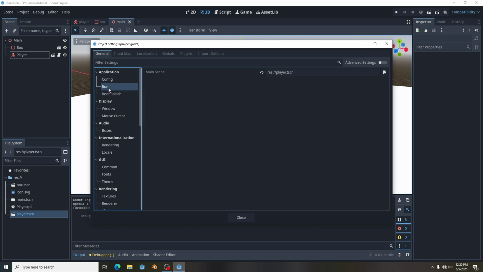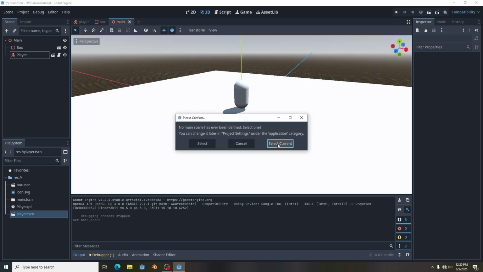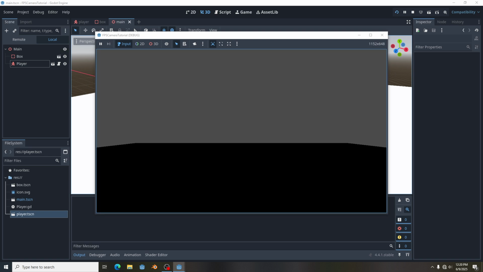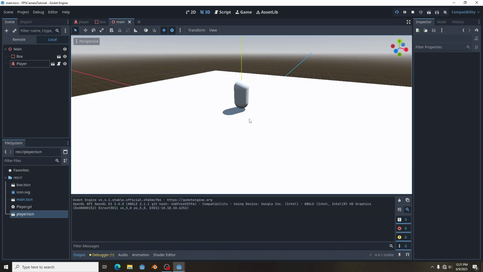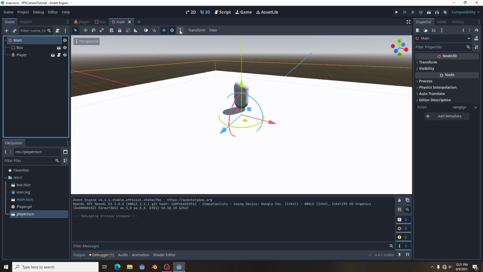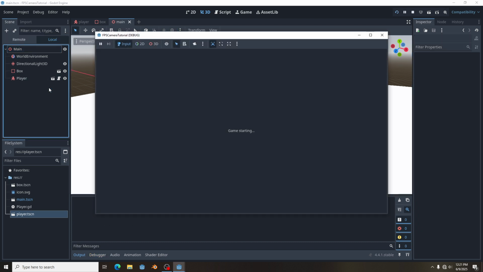Yes, just now run, and click on that arrow, and then we'll just run it and select the current scene, and we got a player, but it's really dark so we can't see anything. So what we can do is click on those three dots over here, add in a sun, click it again, add an environment, and then we can test it now,